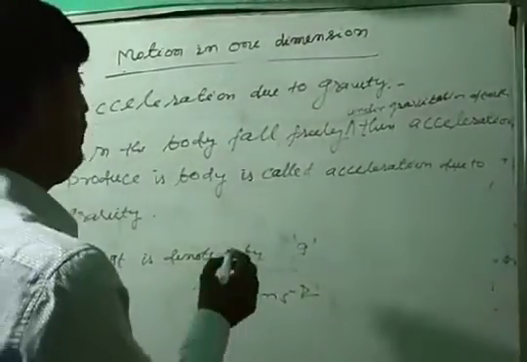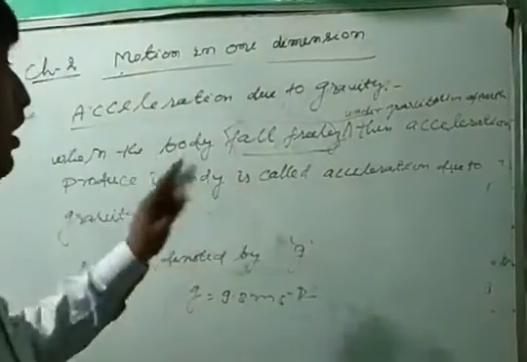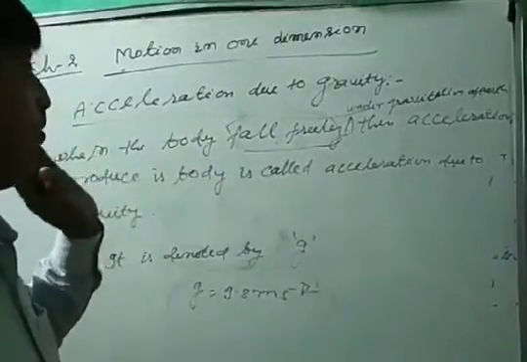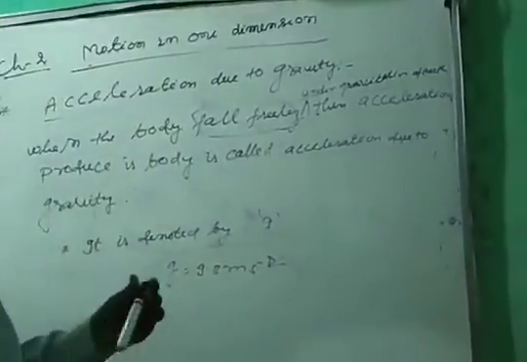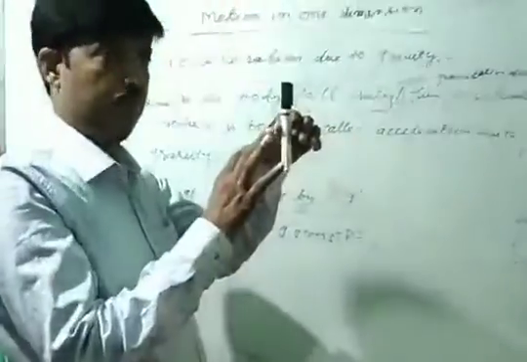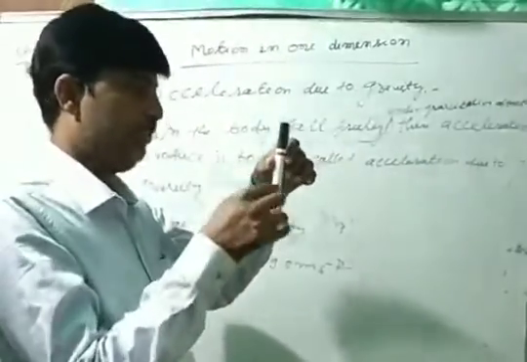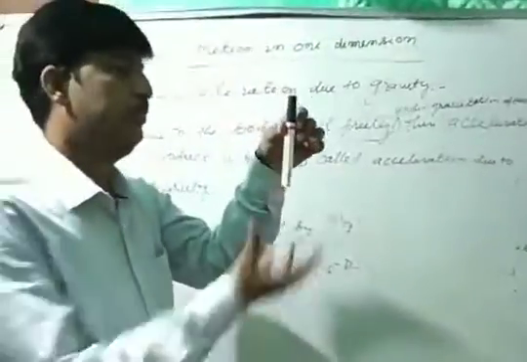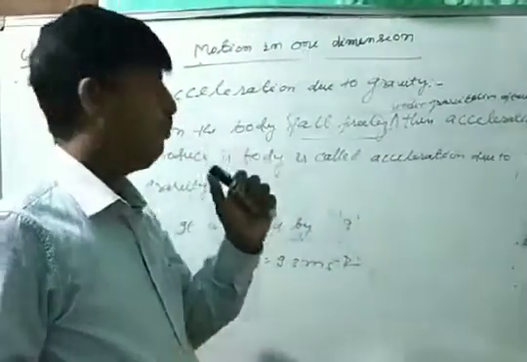Here the meaning of free fall is that only one force is applied on the body, that is the gravitational force of the Earth. No other force is applied on the body. It means when a pen falls in a vacuum, then it is called free fall. When we drop it at this position, if the pen falls, then air also resists the pen, so this is not called free fall. Free fall means no other force applied except